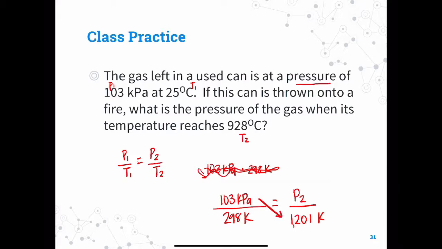Just like we did with the other ones, we are going to cross multiply. So we'll multiply 103 times 1,201, and then divide by 298. What I got for my P2 is 415.11. You can see here that your K's are going to cross out, leaving you with the units